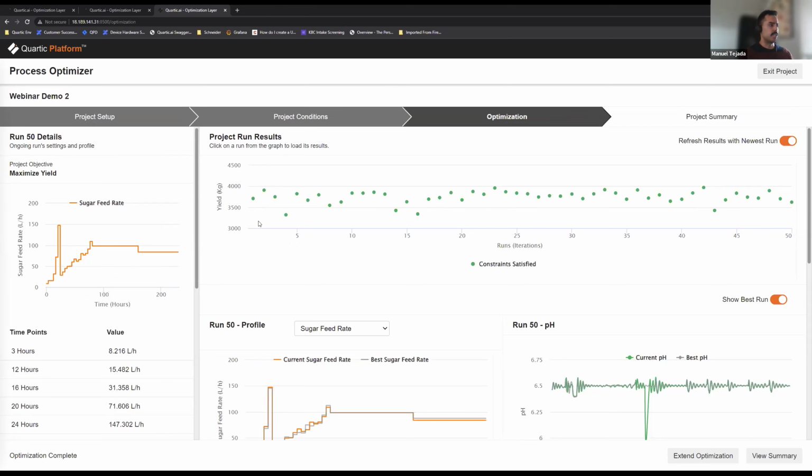And the last thing, because we deploy this online, it's not just for finding a single static recipe, but we can incorporate those ambient conditions, as I mentioned earlier, and we can continue to optimize in an ongoing manner so that you're always achieving the best outcomes. With that, I'm just going to switch back to my slide deck to present the results that our clients have achieved with these two applications.